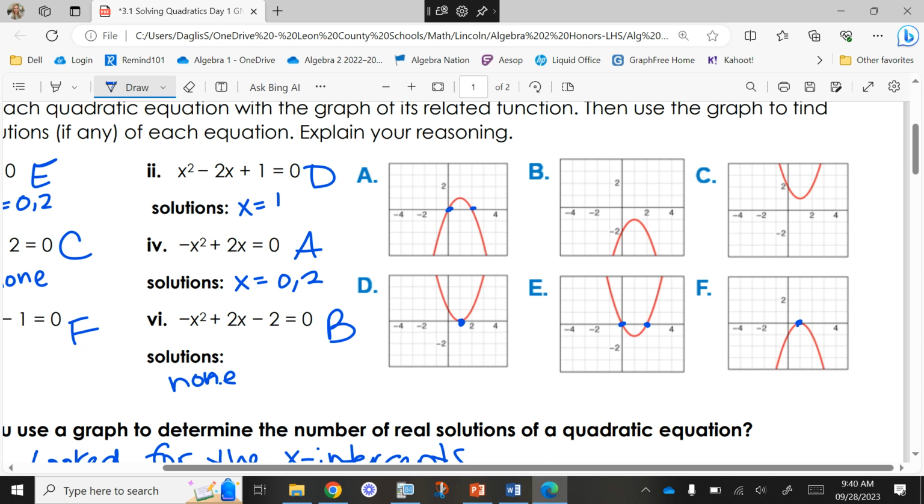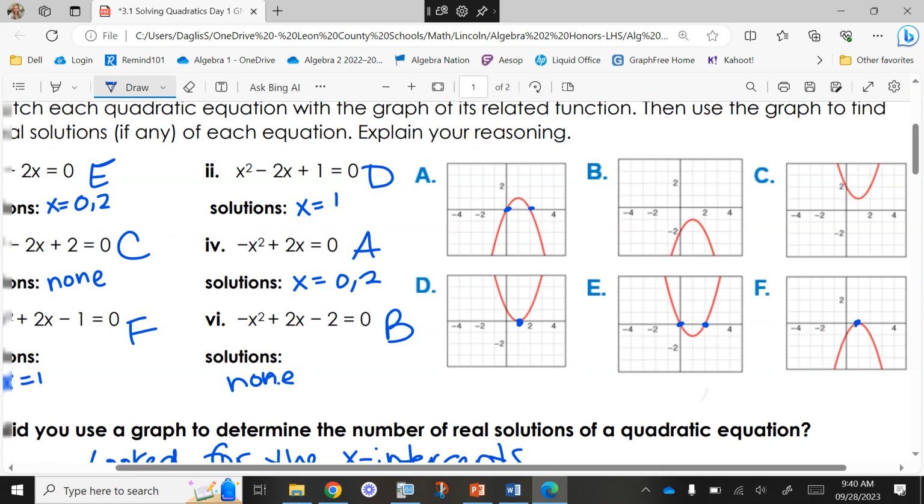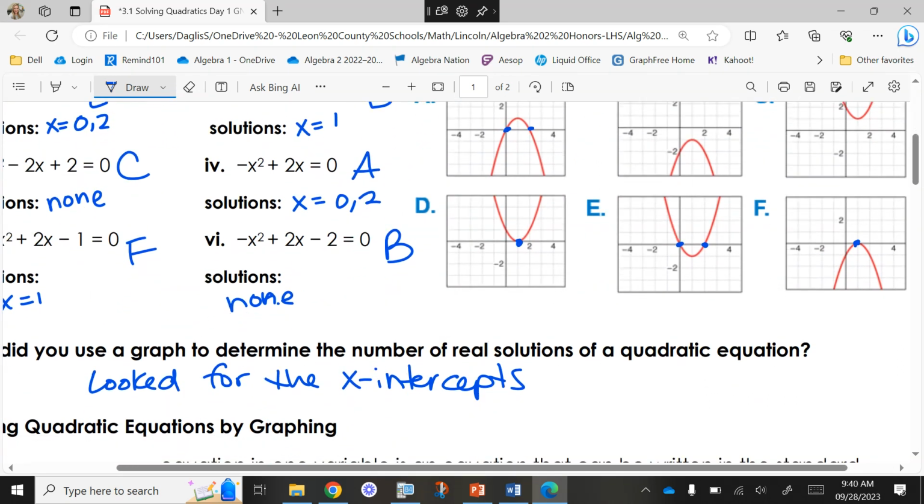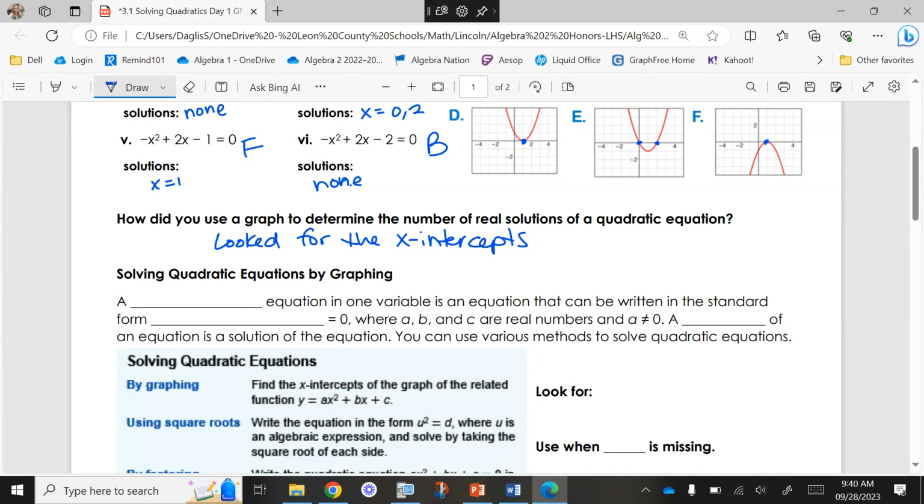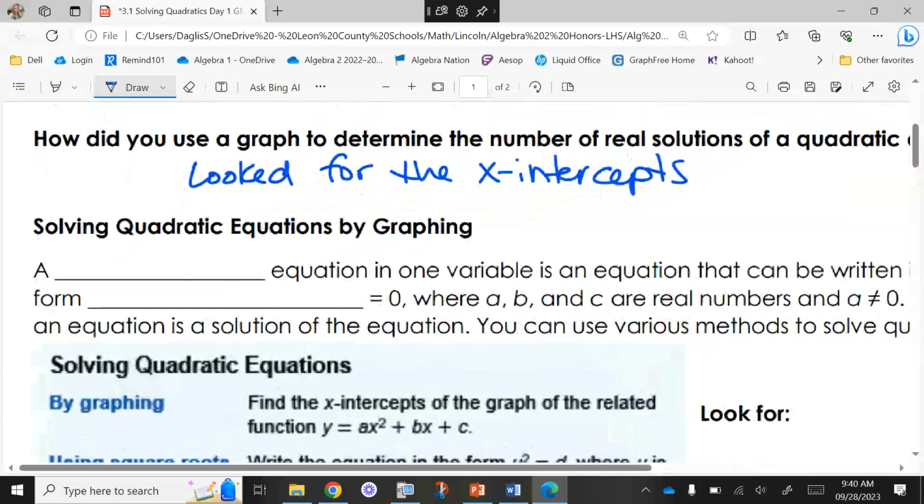All right. So today we're focusing on graphs, and I believe using square roots. Yes, we're going to use square roots. And then when we come back next week, we'll work on the factoring stuff. So today and tomorrow, a quadratic equation